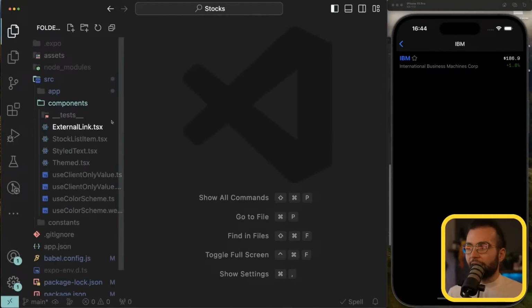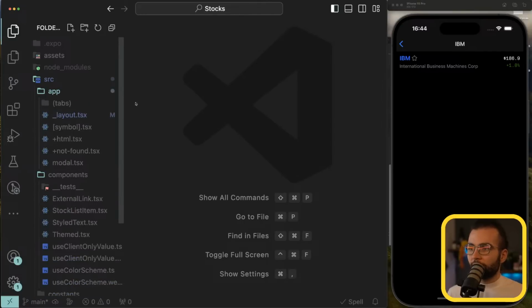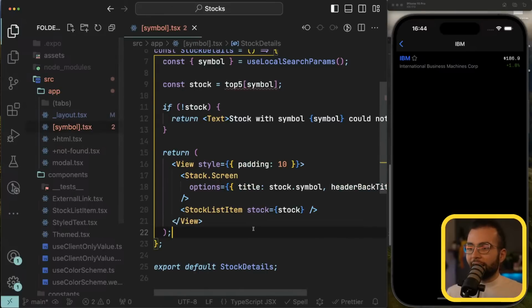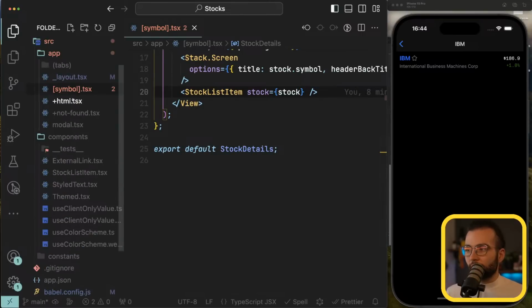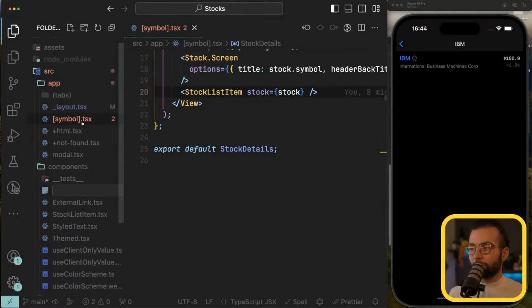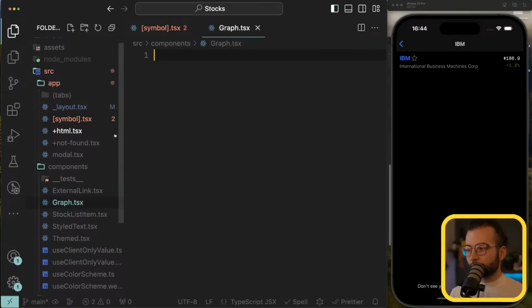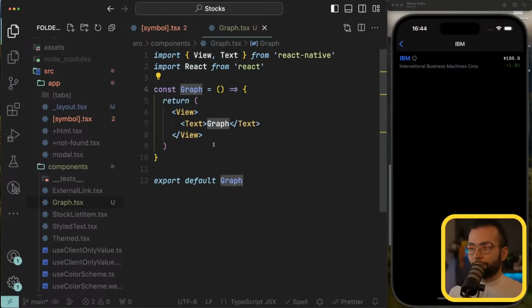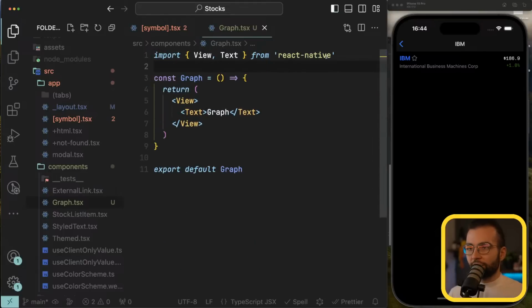Let's initially prepare our files and components a bit, because even though we're going to render the graph on the detail screen of our stock, I don't want to have everything in one file. I want to separate the logic of a graph into a separate component. So let's create a new file under the components folder called graph.tsx. I'm going to start with a simple component initially,